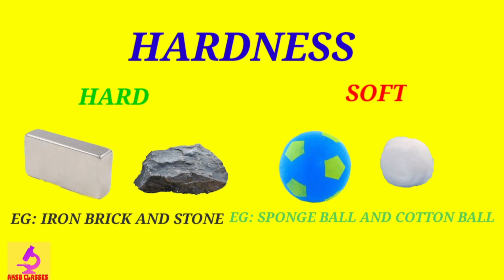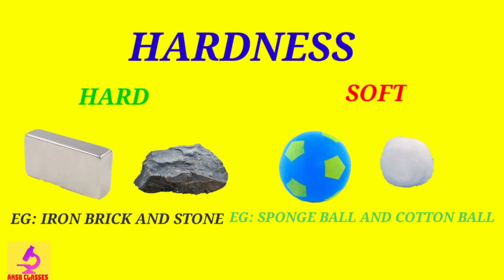It means an object on which we apply force with our hand or finger. If we press with our finger and there is no change in the appearance of that substance or material or matter,